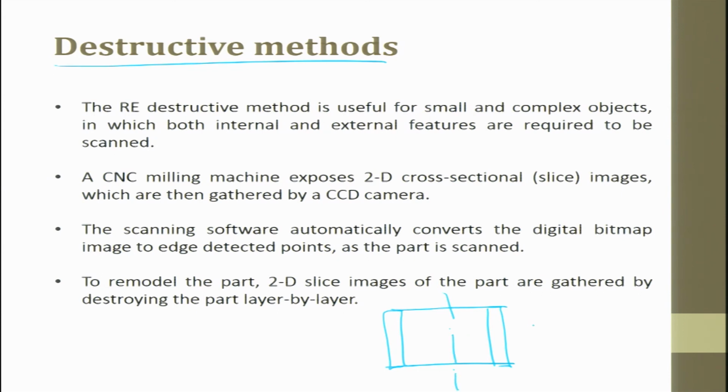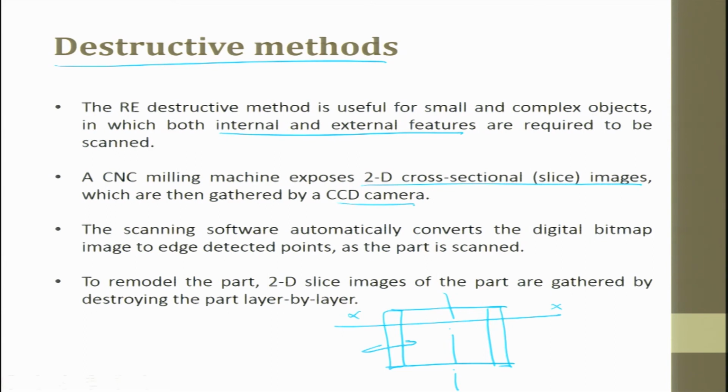I have a cylinder, and I have to measure the internal as well as the external details. So, I will try a destructive way of cutting the sample, recording the data and getting the features. The destructive method is used for small and complex objects in which both internal and external features are required to be scanned. A CNC milling machine exposes 2D cross-section slice images which are then generated by